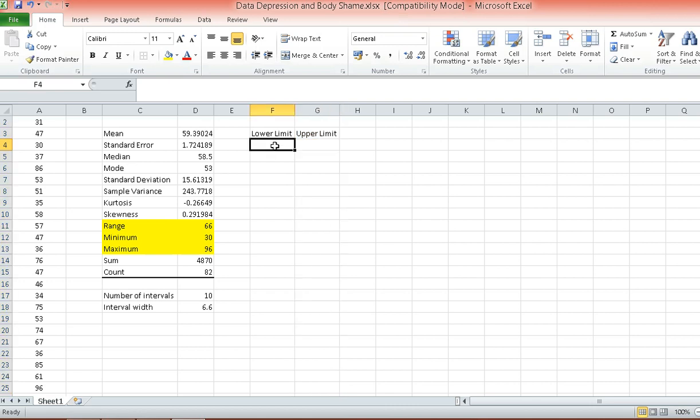So there are some considerations about the first interval. Number one, it should include the lowest score, which is 30, and preferably we begin with a number that is divisible by our interval width, which we rounded off to 7.